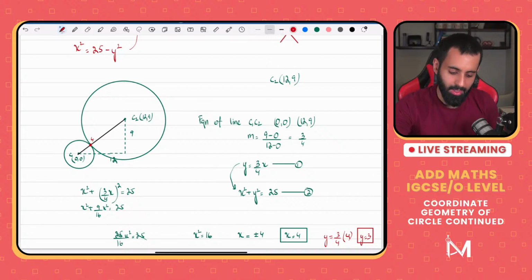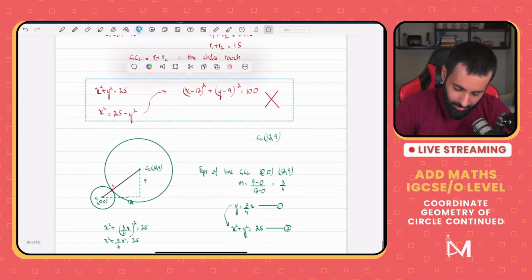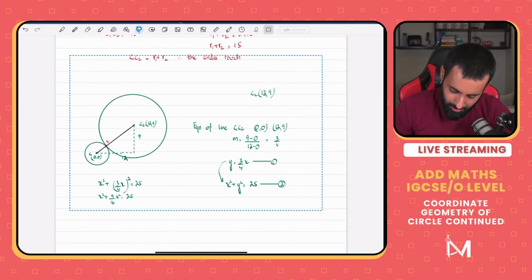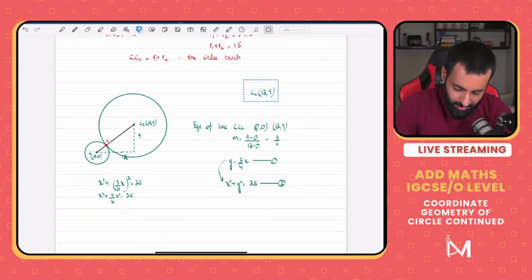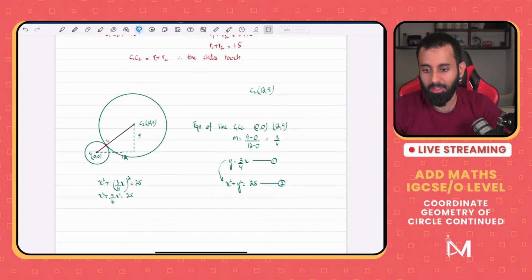Now, I know this is complicated. This is actually a past paper question from the specimen paper. So in scenarios like these, it's not possible to solve simultaneously. It's actually not possible to solve the equations of two circles simultaneously. I don't think you guys have ever done that. Even when you do simultaneous equations, at no point do we learn how to solve the equations of two curves or two circles simultaneously. Okay, so I hope this is clear.